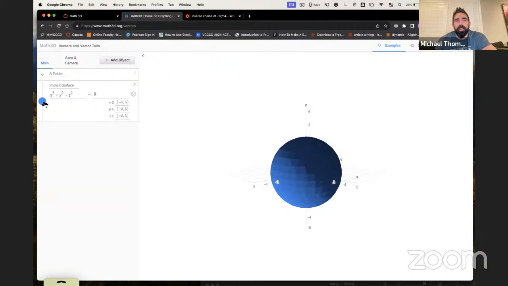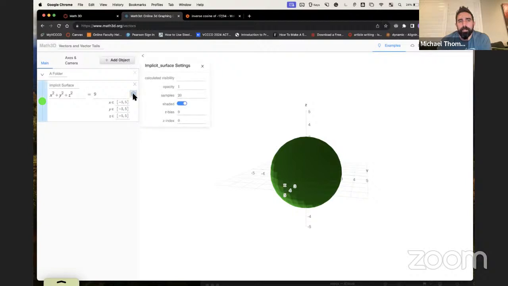You can change the color of the surface over here. There's kind of a greener color, so you can play around with that. You can change the range, which you're looking at your graph right now in the x direction. I'm moving from -5 to 5, same in the y and same in the z. But there are some other settings in here. If you click the cogwheel,